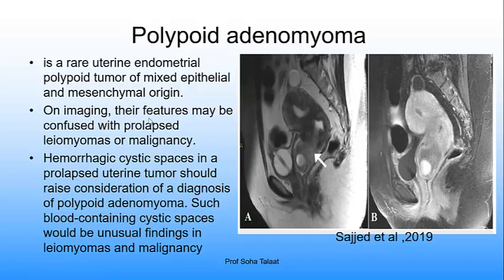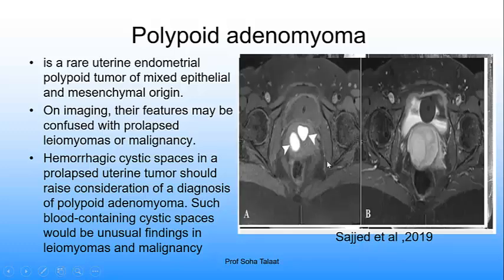Their features on imaging can be confused with prolapsed leiomyomas or malignancy. Hemorrhagic cystic spaces in a prolapsed uterine tumor. Here is the prolapsed uterine tumor showing cystic spaces. It takes less enhancement than the myometrium. And here the T1 shows that these cystic spaces contain blood. So this is characteristic for the polypoid adenomyoma, but take care that sometimes a fibroid,